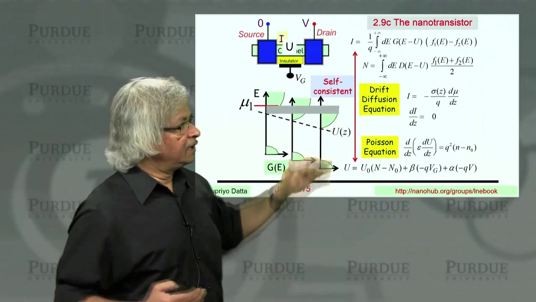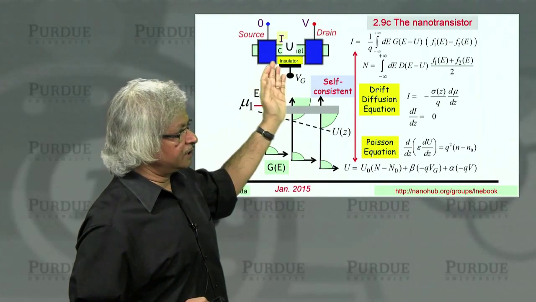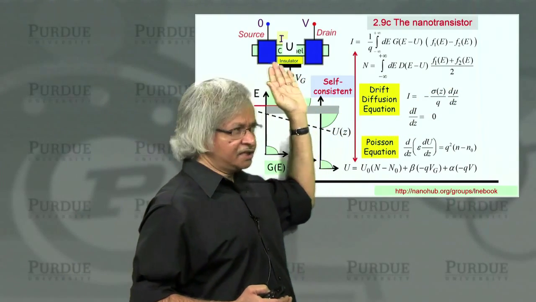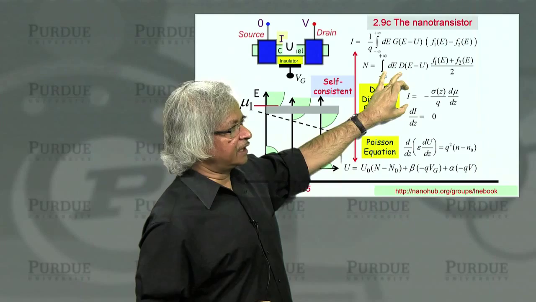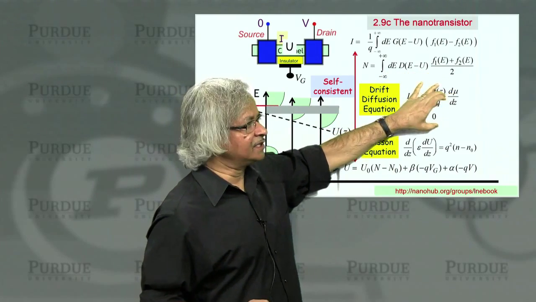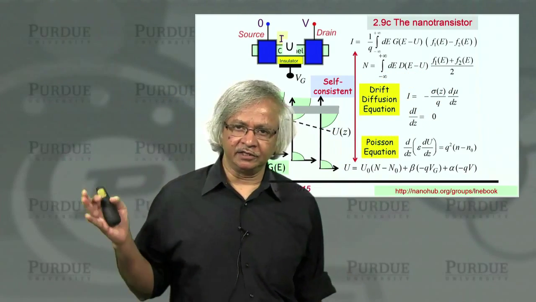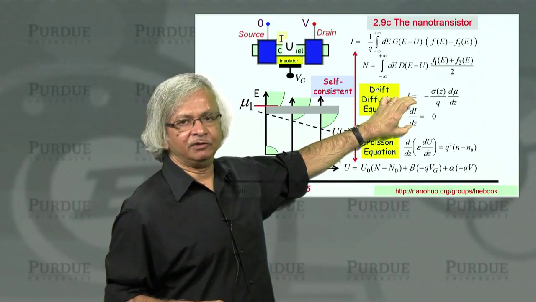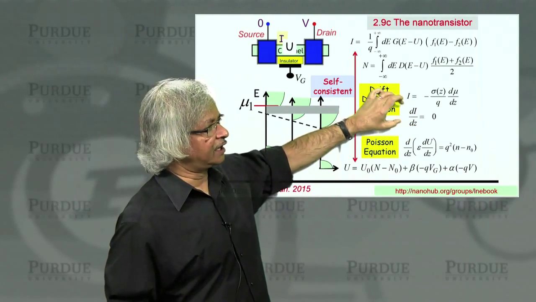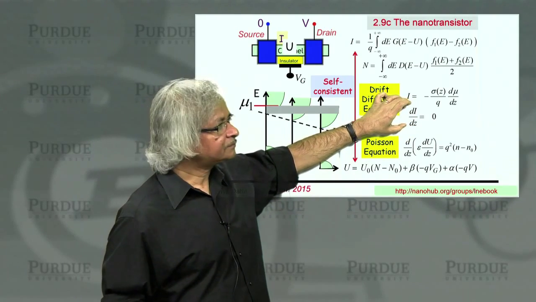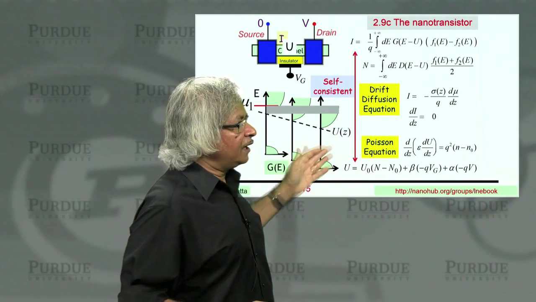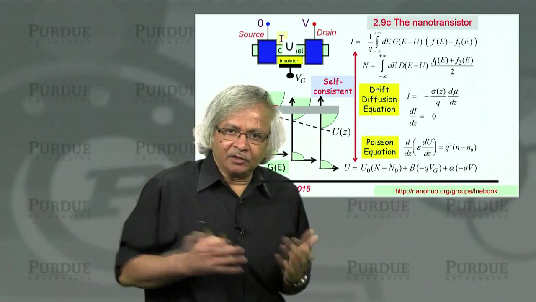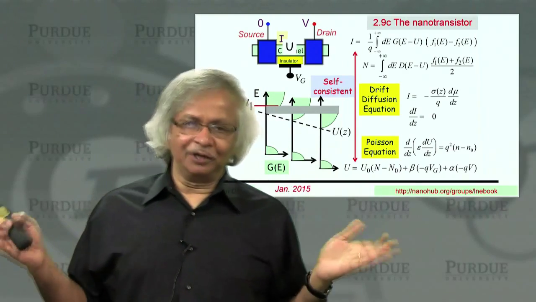But if you assume that in between also the electrochemical potential is given by this mu and changes along the way, you could write the current in terms of that. And that's the drift diffusion equation that is widely used for device simulation. It has to be coupled with the continuity equation. That is, in one dimension, the current cannot change with length. These equations are, of course, not based on this new perspective. These are old equations.